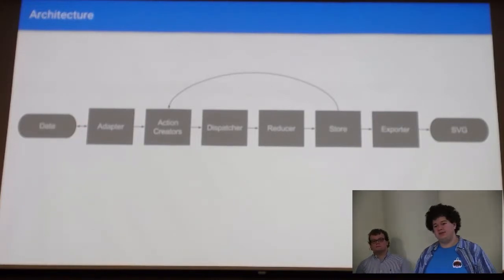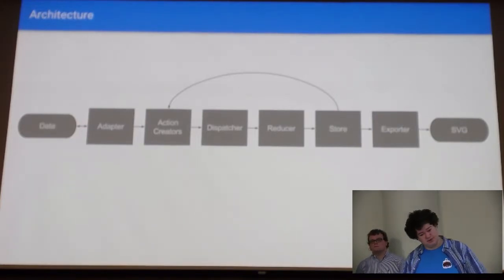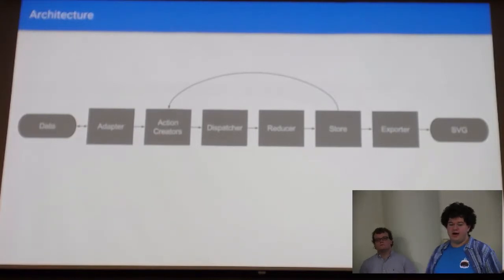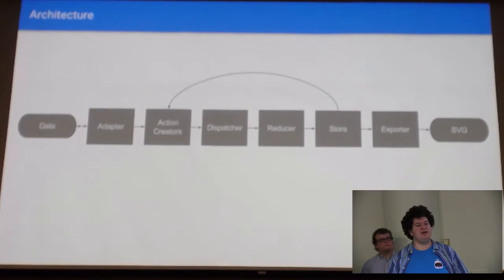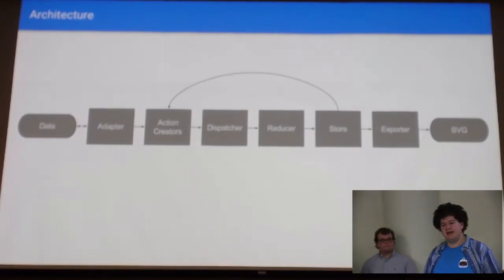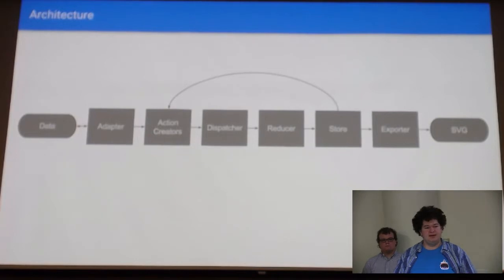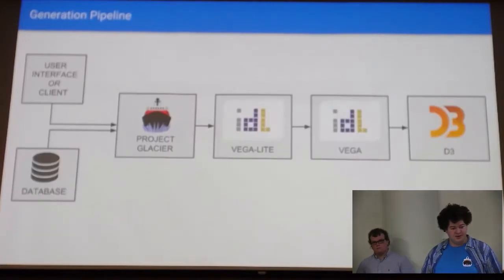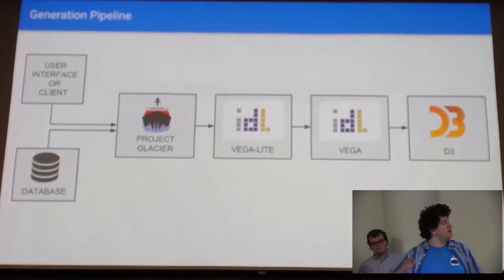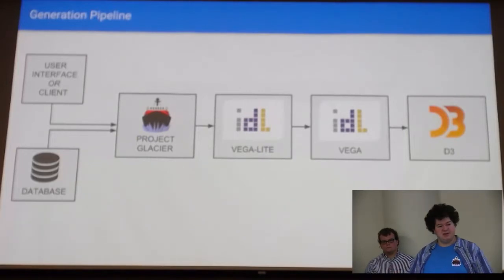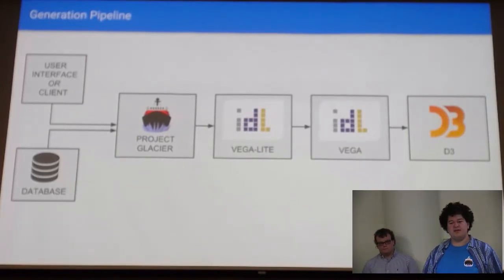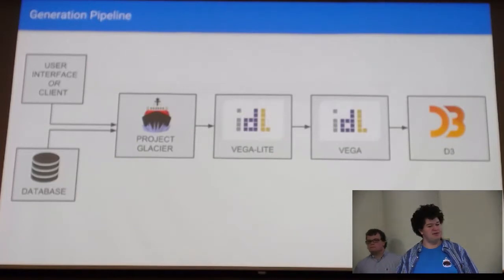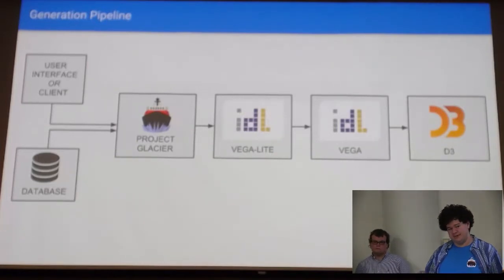On the other end of our feedback loop, we have exporters which listen on the state and transform our internal state into the desired output format, be that an SVG, a zip file bundle with all the data, or an HTML document that can show the SVG image. Now, on the subject of rendering an image, that goes through what we call a generation pipeline. We take in, as I said, various user actions, database information, and so on, and then we maintain that over time. Our export process for an SVG image takes this internal state and maps it into what's called a Vega-Lite